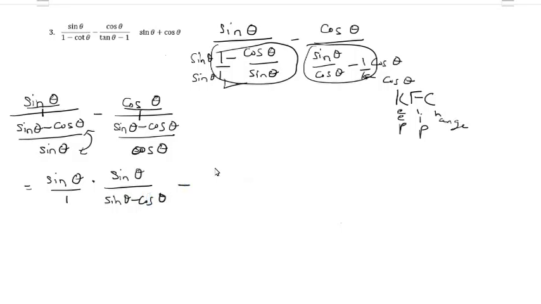Same thing for the other fraction. I have cosine over 1. You keep that. You flip the bottom. And then you multiply. You change to multiplication instead of division. So you multiply across. So you're going to have sine squared